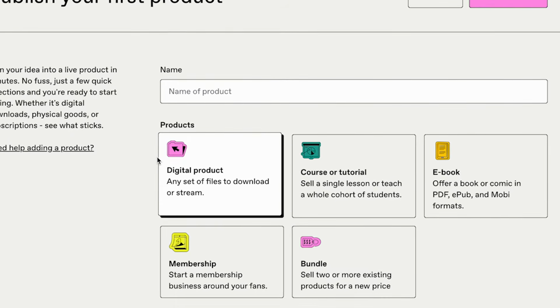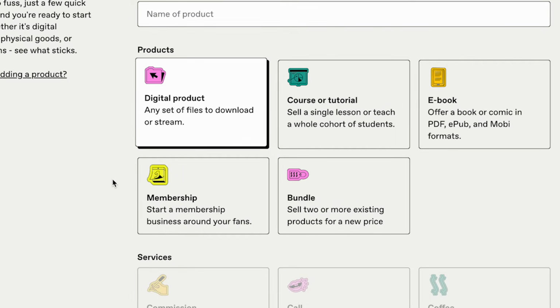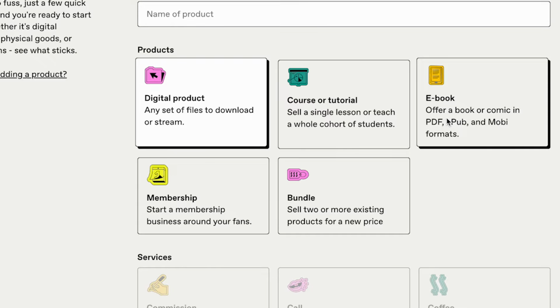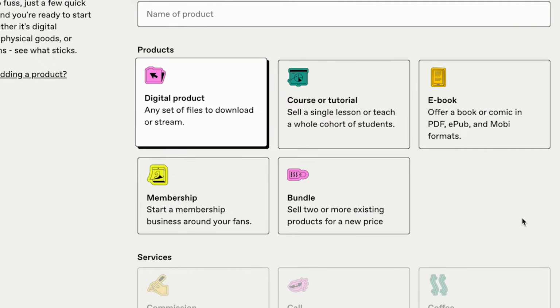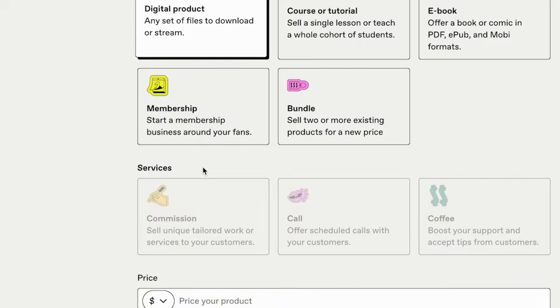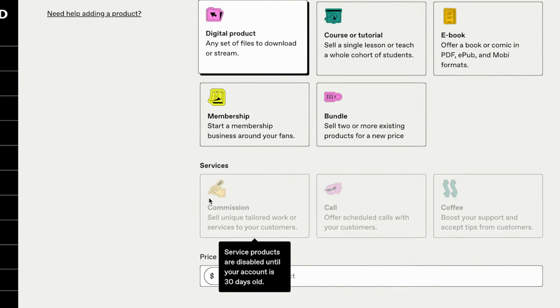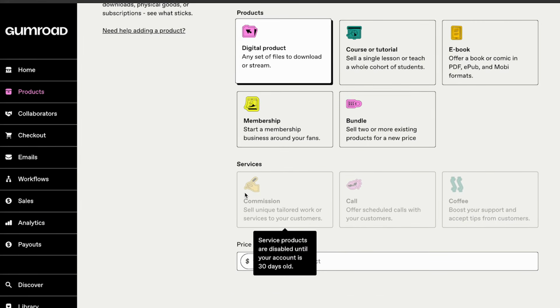And when you come here, you can see, number one, do you want to create and sell a digital product? Do you want to sell a course or a tutorial? Do you want to upload an ebook with formats like PDF, EPUB, Mobi, those different formats? A membership site where people are paying you on a recurring basis, or maybe a bundle where you're having a couple of different products as well. In addition, once you have a longer duration of your account, you can also do commission-based kind